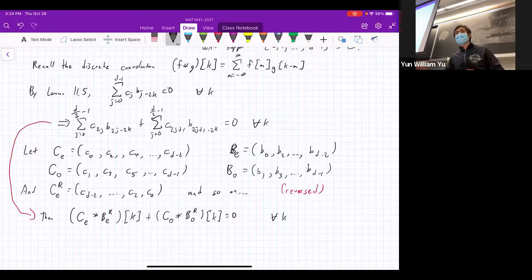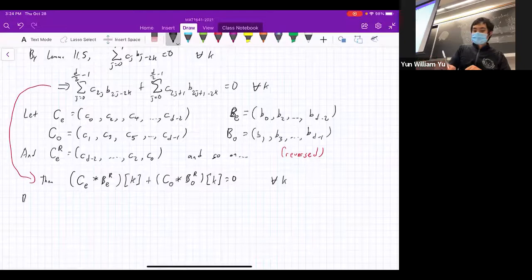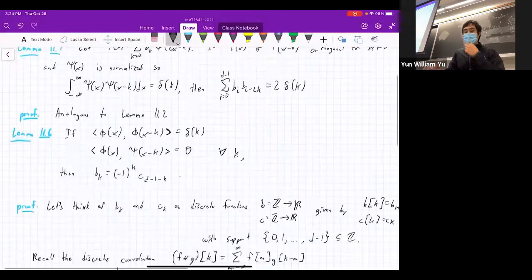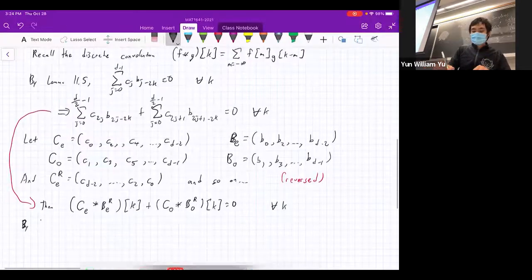So if you think of these as functions, basically the sum of these functions is identically 0. Okay, and we can do the same thing. So we did this for lemma 11.5, but we can also do this for all the other lemmas. So by lemmas